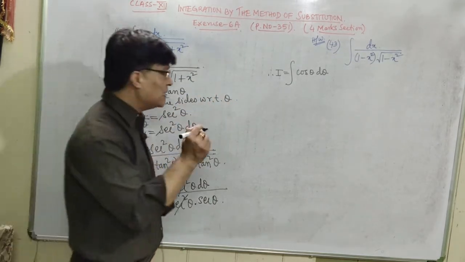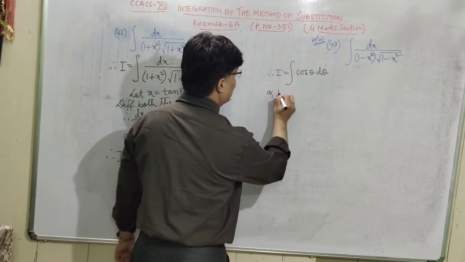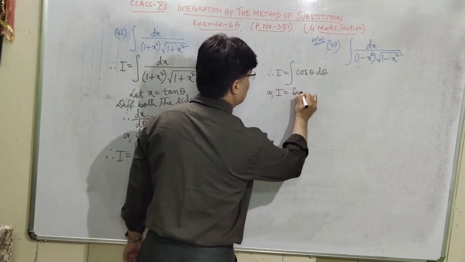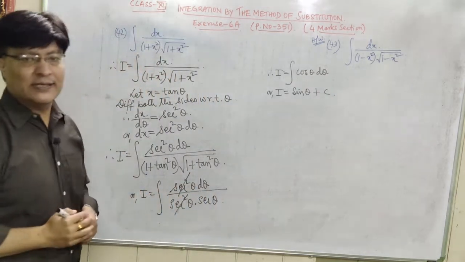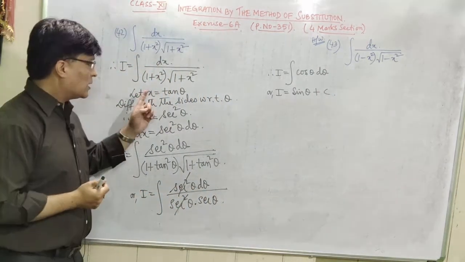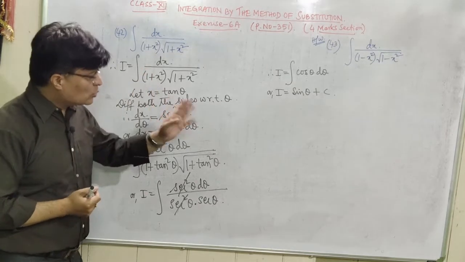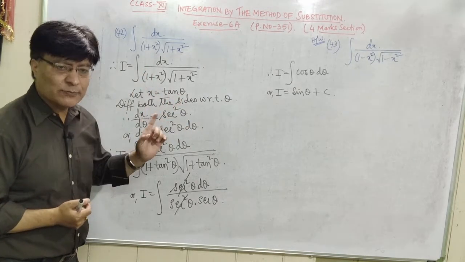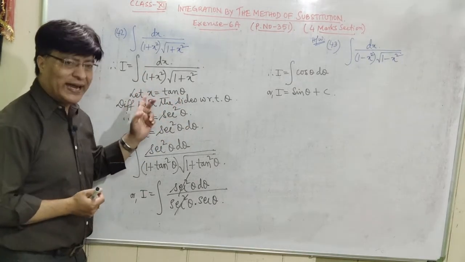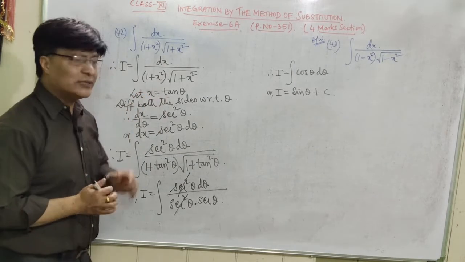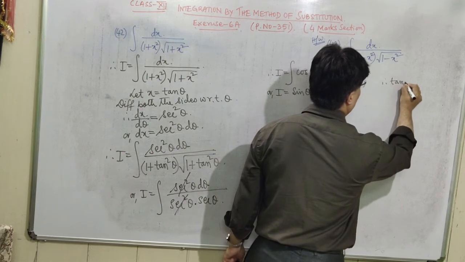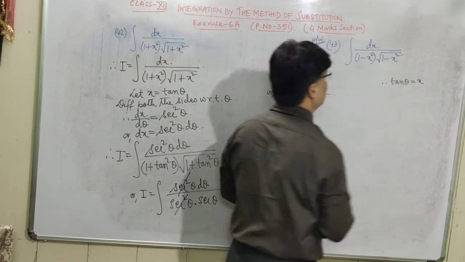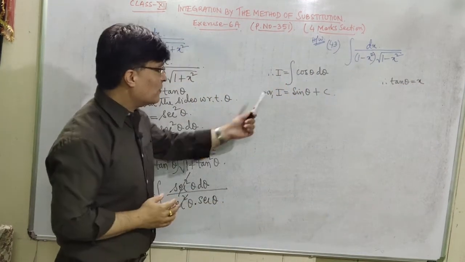It is sin theta. That is, what is the integration of cos theta? It is sin theta, plus c. Is that clear now? So now in this case, you should write down the value for sin theta in terms of x, because we had assumed x is equal to tan theta. So if tan theta is equal to x,